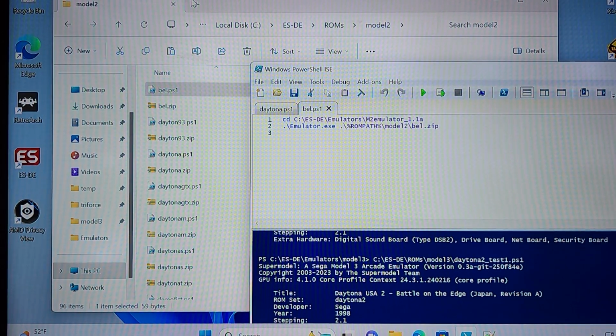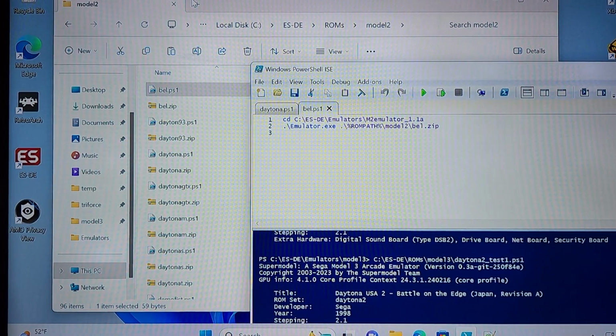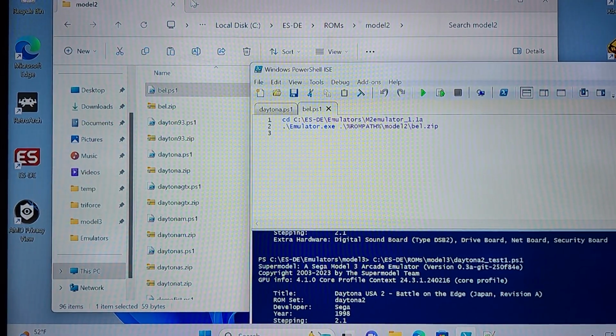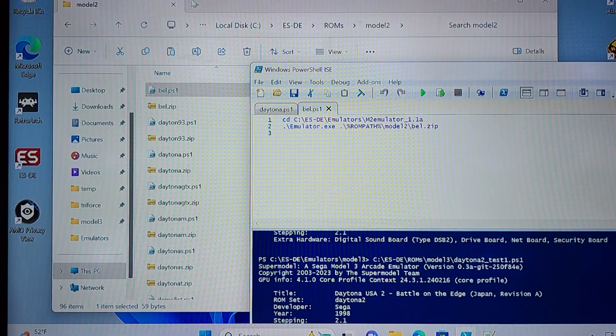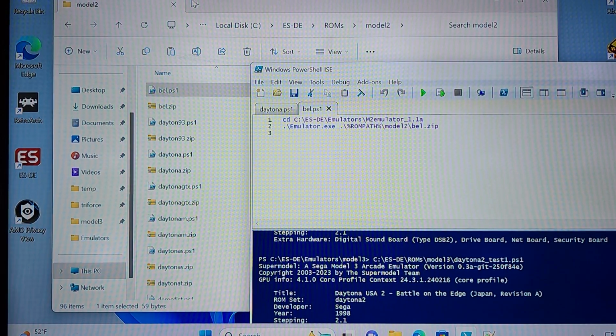Alright, so I have several things, so I might end up breaking this up into two segments. But if you look up people trying to make the Sega Model 2 and the Sega Model 3 standalone emulators work and load through